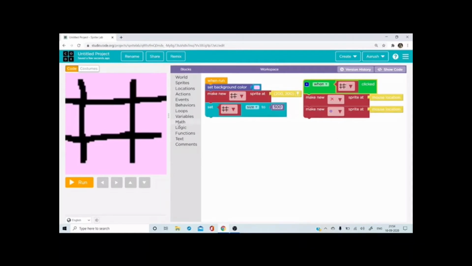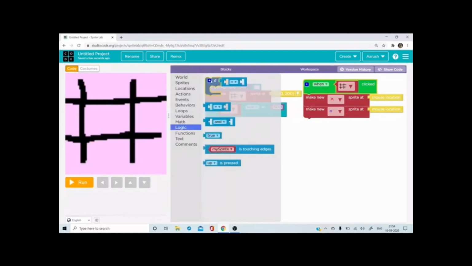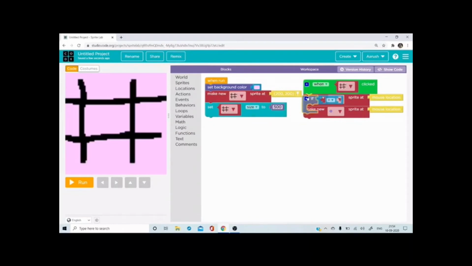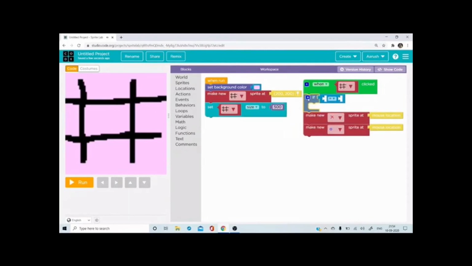We should use a logic, correct? So logic is if. This is what we will be using here. If what? If number of sprites this is equal to number of sprites this, correct? So how will we make this?